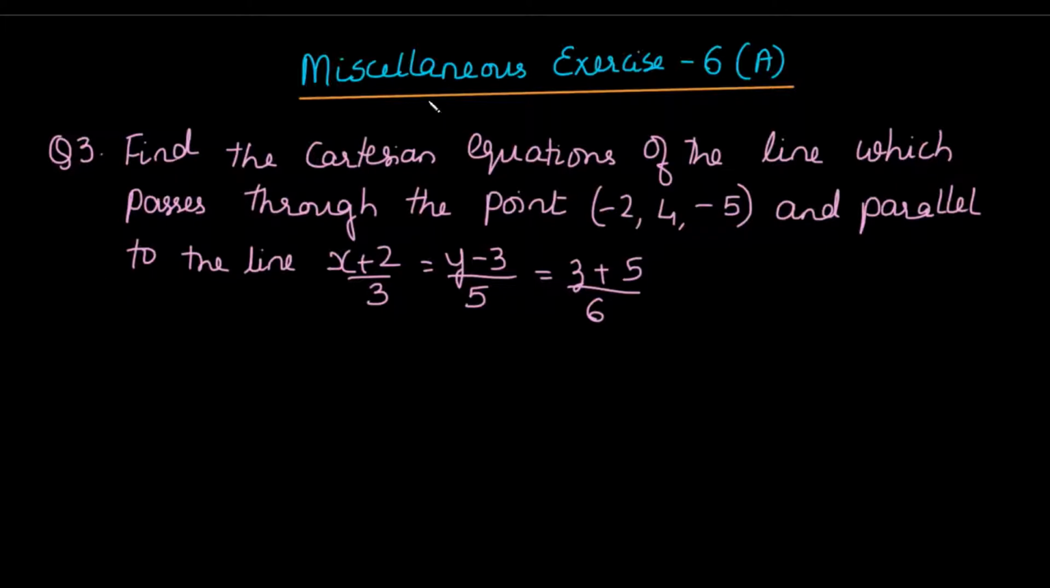The moment you hear miscellaneous exercise, don't get scared, because the more you practice, the better you become at the concept. So question number 1 and 2 was given to you as assignment previously. We start with question 3. Find the Cartesian equations of the line which passes through the point -2, 4, -5 and is parallel to the line x plus 2 upon 3 is equal to y minus 3 upon 5 is equal to z plus 5 upon 6. Now remember in general, the Cartesian equations